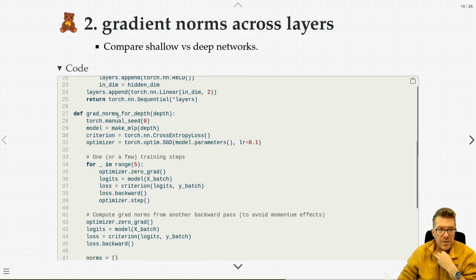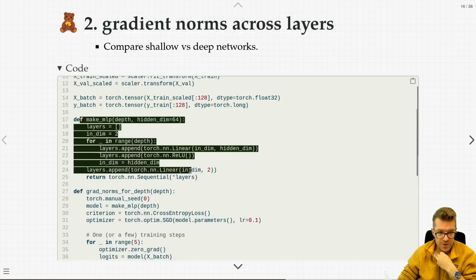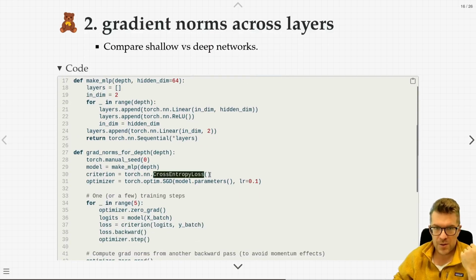We care about the grad norms for depth. So we will make our multi-layer perceptron, which uses the function we defined here. We'll have our loss, which is cross entropy loss, because we're doing